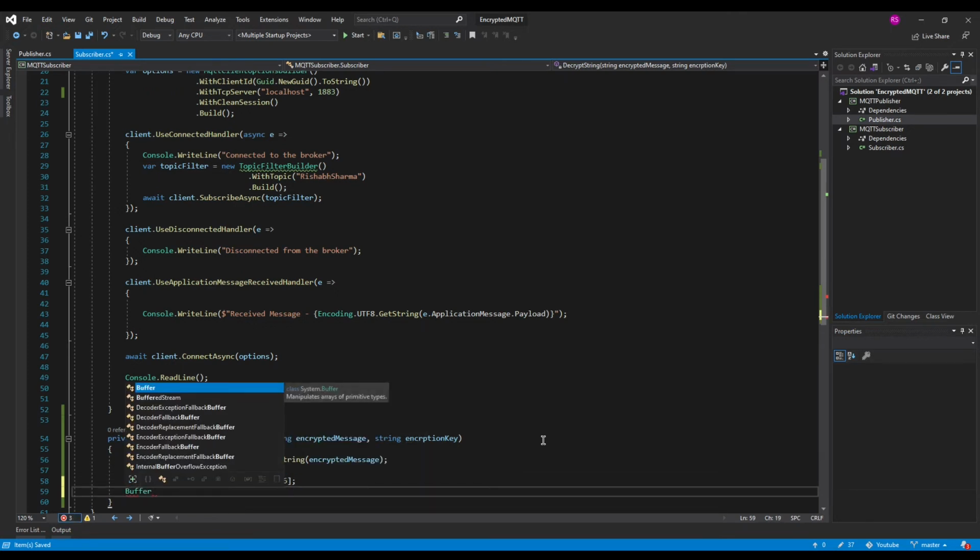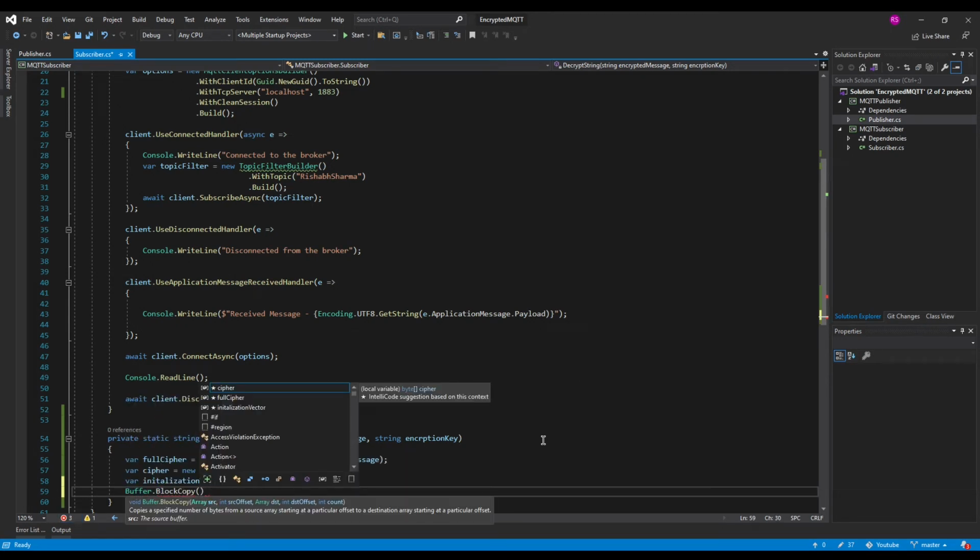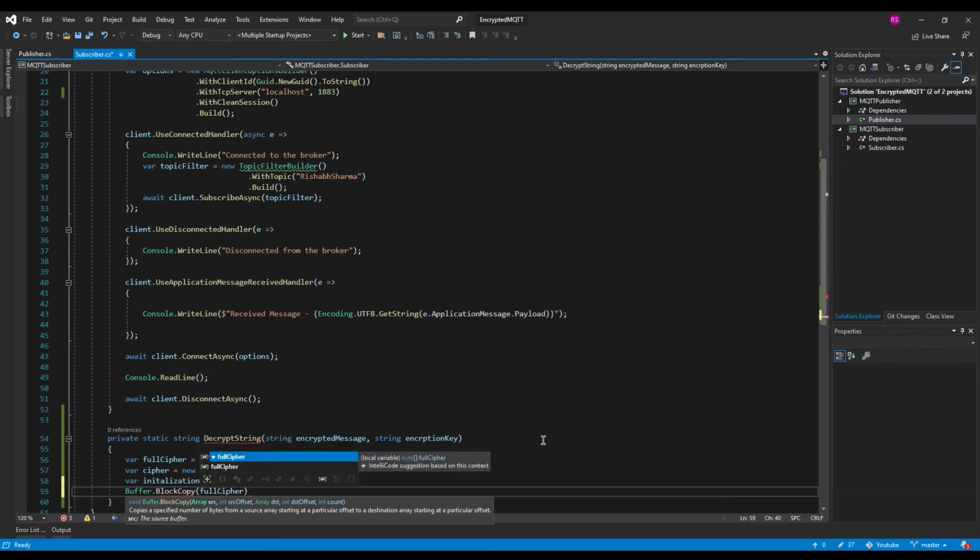Now, whatever we did at the end of the previous encryption functionality, which is copying the initialization vector and the content into a final byte array, which we finally converted back to a base 64 string, now we are just doing everything in the reverse order. So first we will copy and extract out the initialization vector and the content from the fully encrypted message.